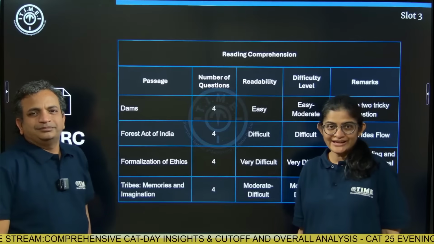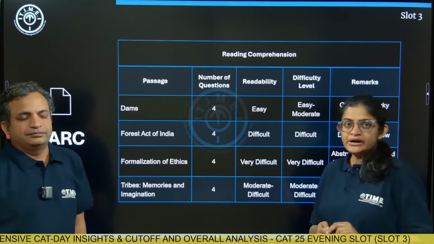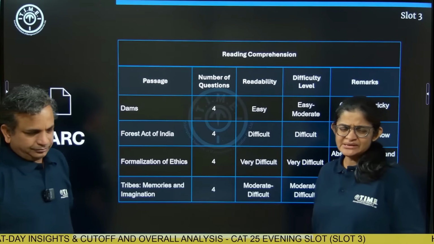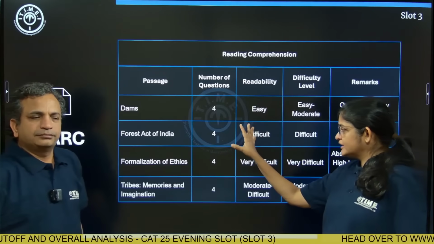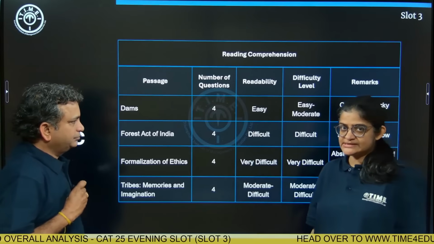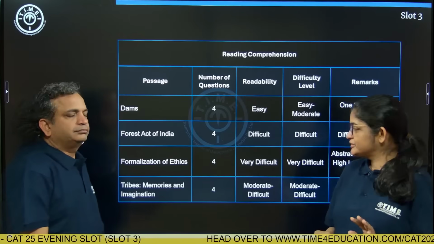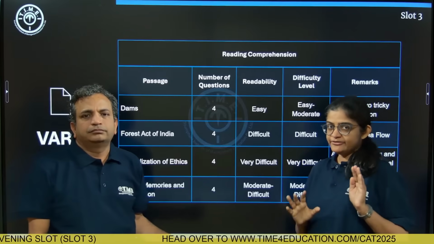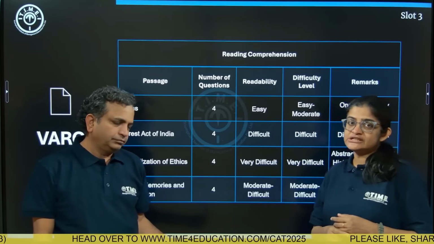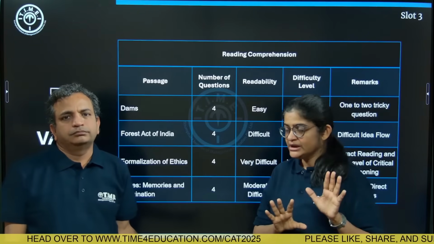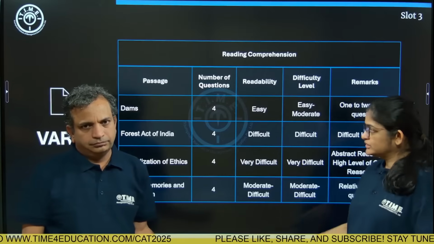So evening slot, finally it's all done and dusted. Let's look at the VARC section, okay? No major surprises, as Ramnath sir said, you already know by now. Looking at the VARC section in reading comprehension, out of the 4 passages, let's look at it passage by passage, but before that, an overview. I would say there were 2 difficult passages this time in the evening slot. One easy passage in terms of readability, just looking at the passage alone, and one moderate kind of passage. Okay, I'll go through this in a little detail.